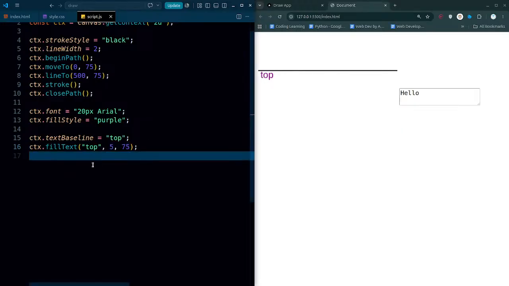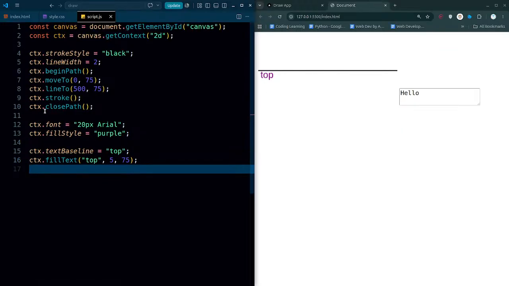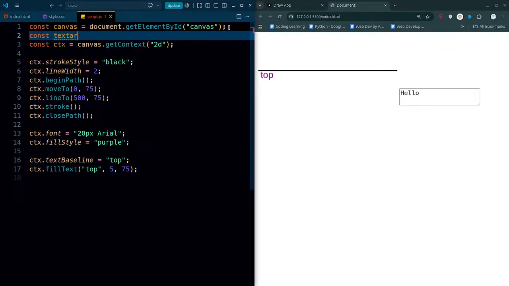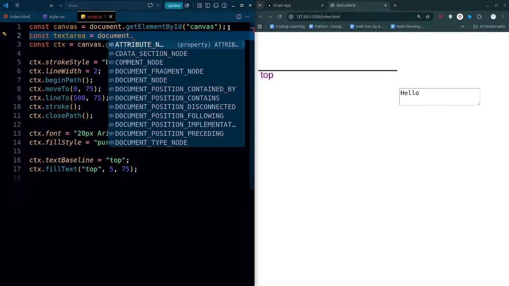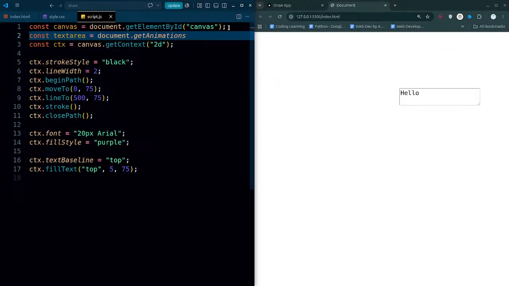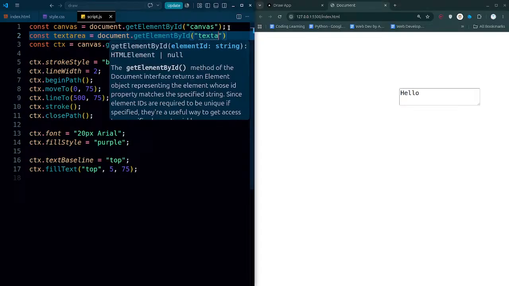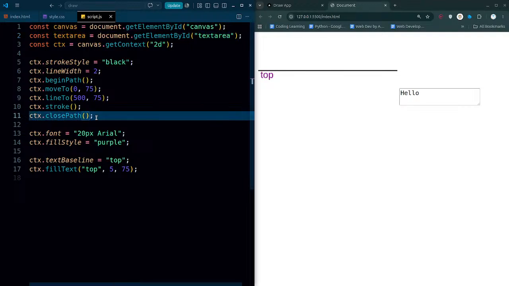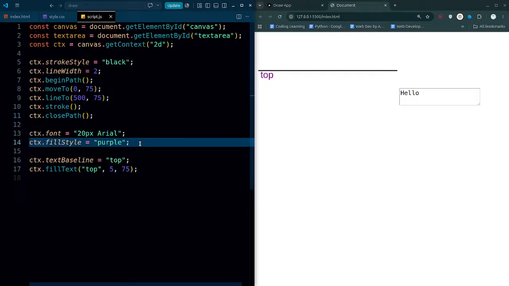That's simple. Okay, understandable. Now if I want my text, let me get the text area as well. So const textArea, that's gonna be document.getElementById, and that's gonna be textArea, because that has that id. So we got the text area. Once we got the text area, we want to set the text area. So how can we set the height and width of the text area? We can give it